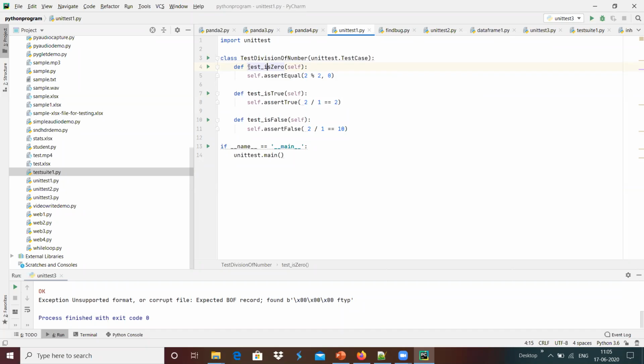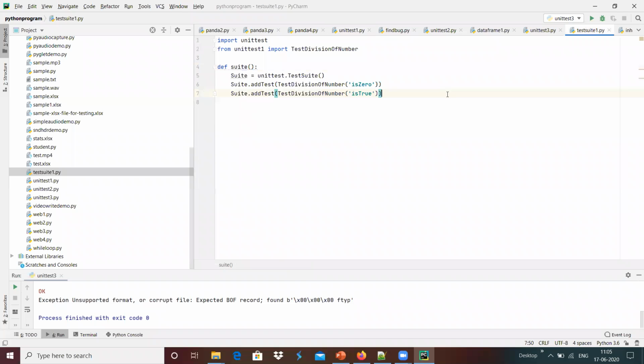So we have the test case name is 0, is true, and is false. In a similar way, I'm going to use suite dot addTest with TestDivision is false over here. Once it is added, I'm going to return the suite over here.